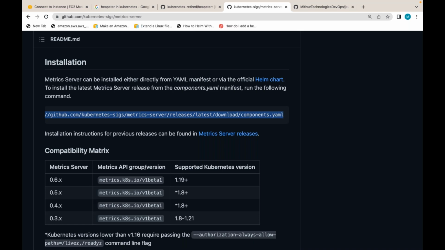But concepts are important. If you know what is metric server, what is the use of that metric server, what is Kubernetes, and how to deploy the applications in Kubernetes, then will this be complex if you want to install from official instructions or my instructions? That doesn't matter. If you are already aware of that software, what it is, how it works, installation is nothing. As I already told multiple times, if you know only installing the software,